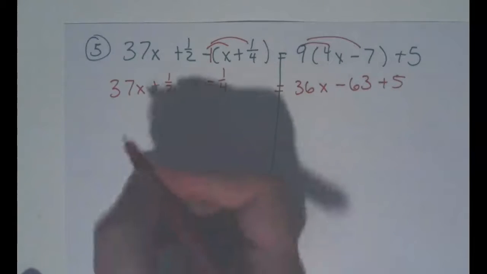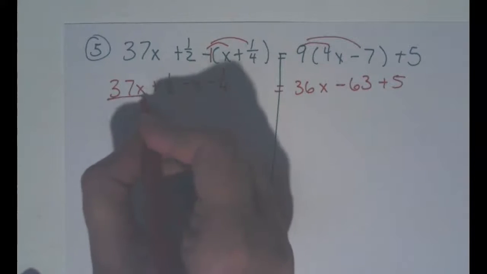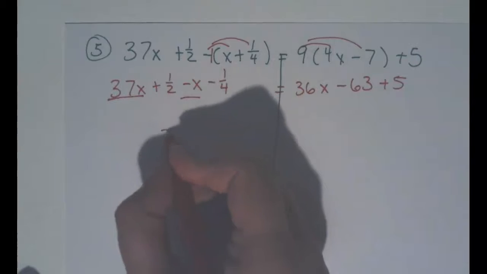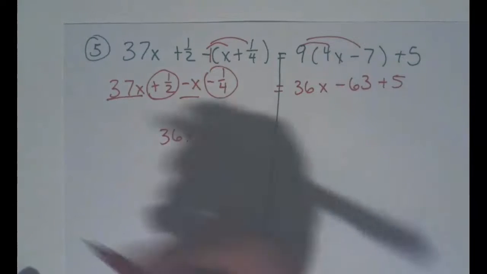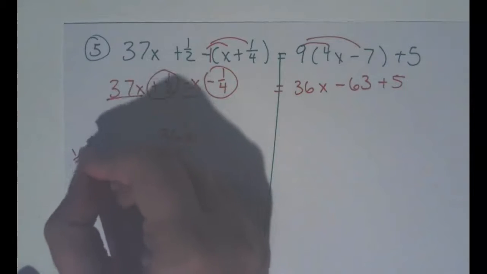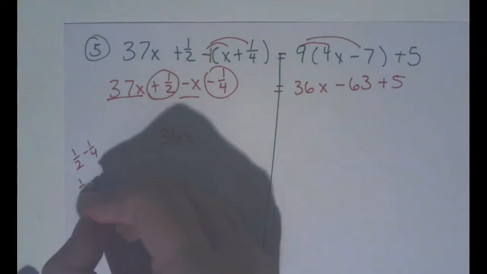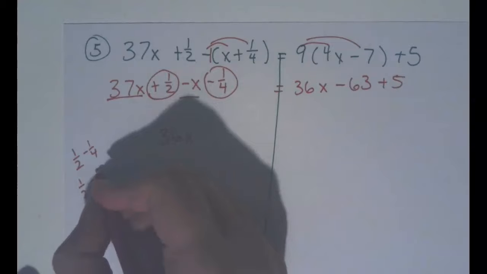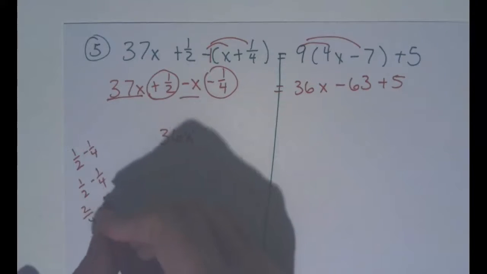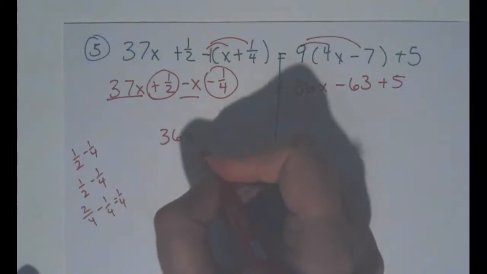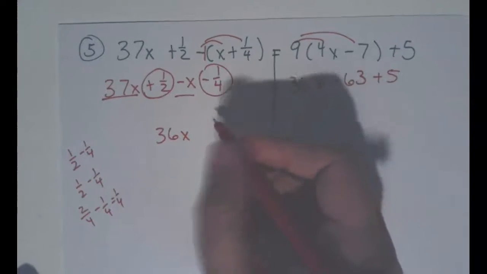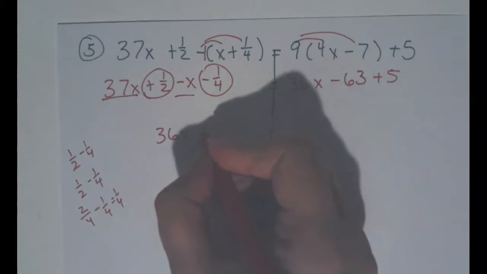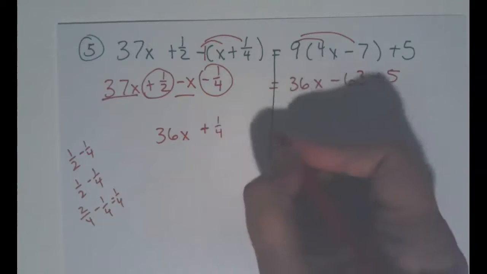Then I'm going to combine my like terms. Let's see what I have. I have 37x minus x leaves me with 36x's. Then I have 1/2 minus 1/4. Maybe I need to do that on the side. Common denominators, which will be 4. 2/4 minus 1/4 is 1/4. And I have more positives. 1/2 is bigger than 1/4. So, got plus 1/4 equals